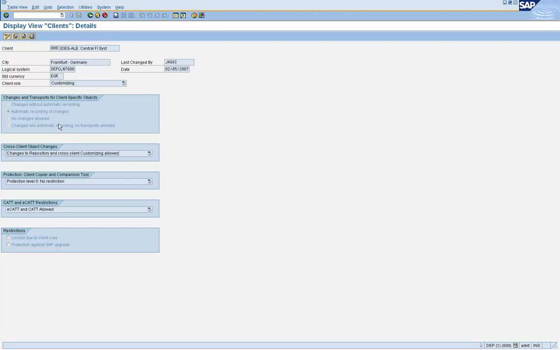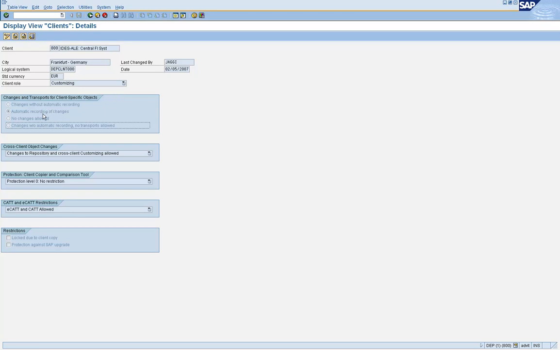If you don't want the users to make direct changes to cross client customizing data tables, then it has to be set to no changes allowed, or no changes to repository and cross client customizing objects. If it is set to either of these, you cannot make direct changes to customizing tables.